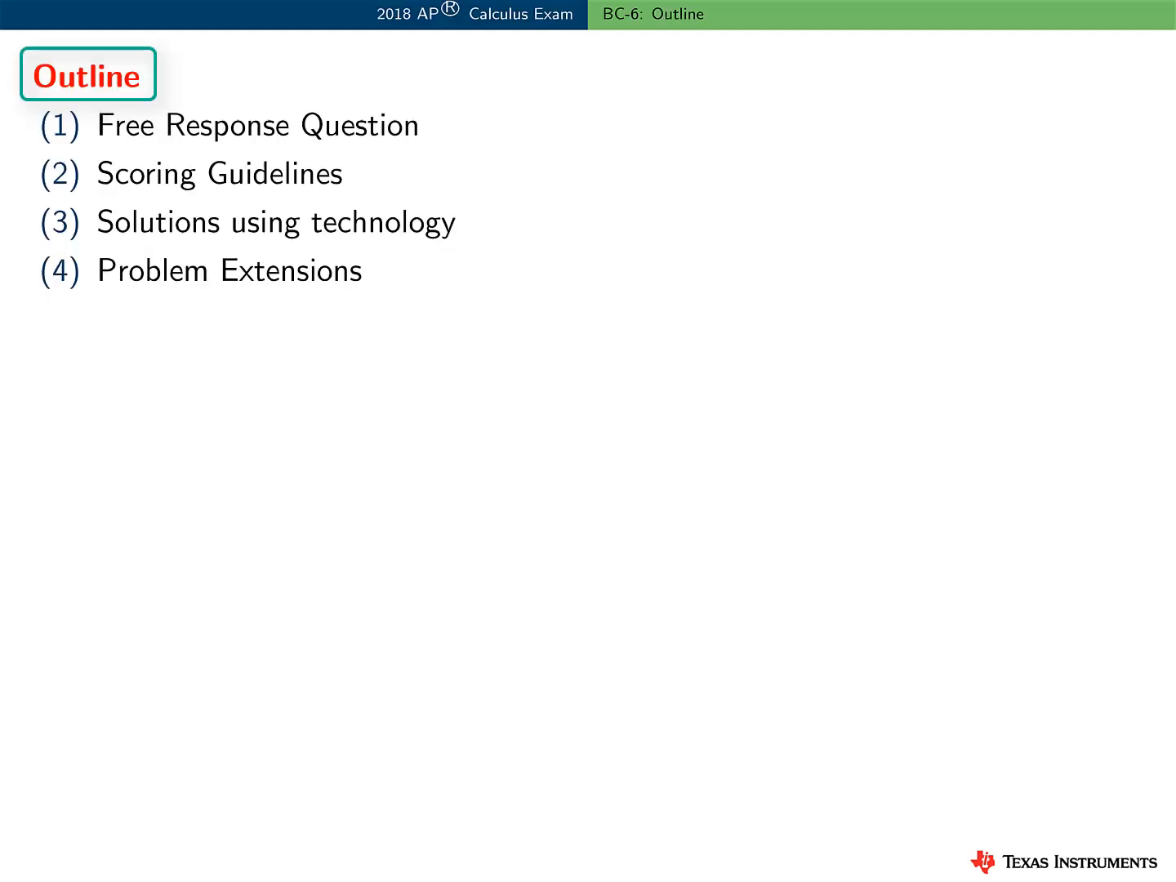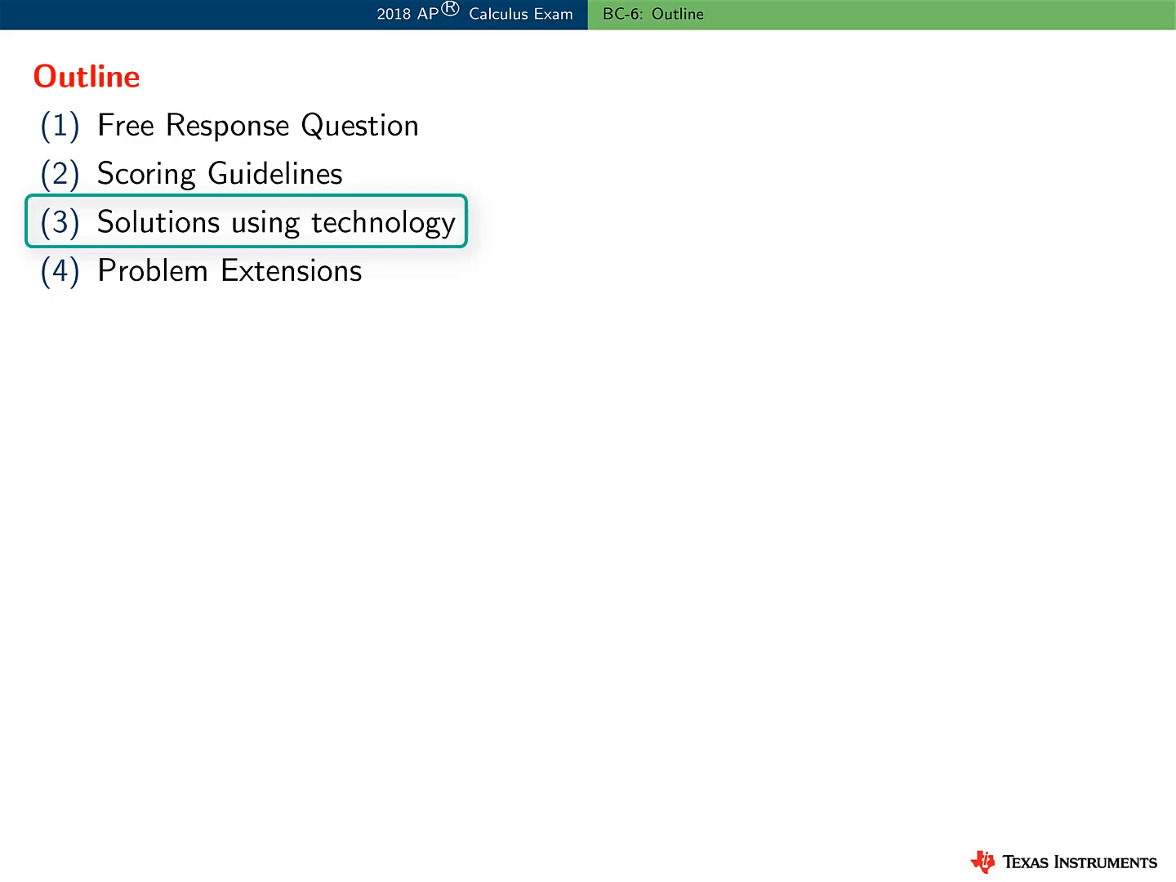Here's an outline of the information presented in this video. I'll start by reviewing the free response question, and then the scoring guidelines used at the AP Calculus reading. And I'll focus on or highlight the solutions presented in these guidelines, not how the points were awarded. Now, this question was not calculator active. However, I'll show you how to use technology to explore and answer parts of this question and to confirm solutions